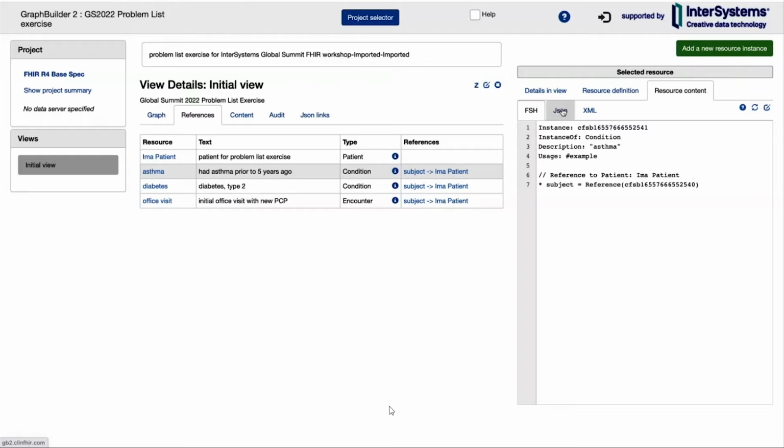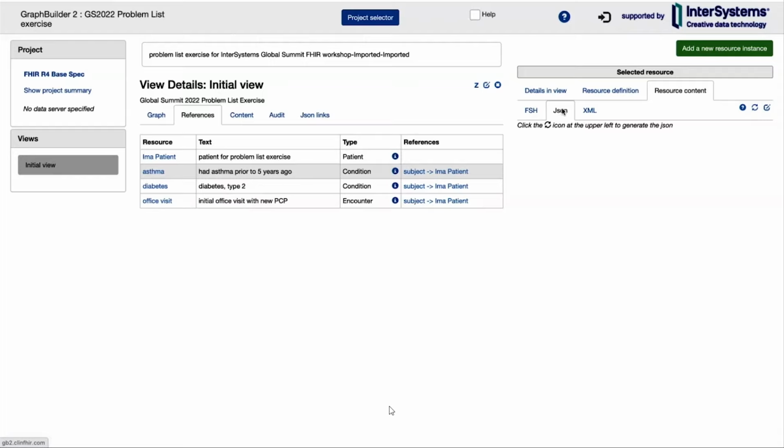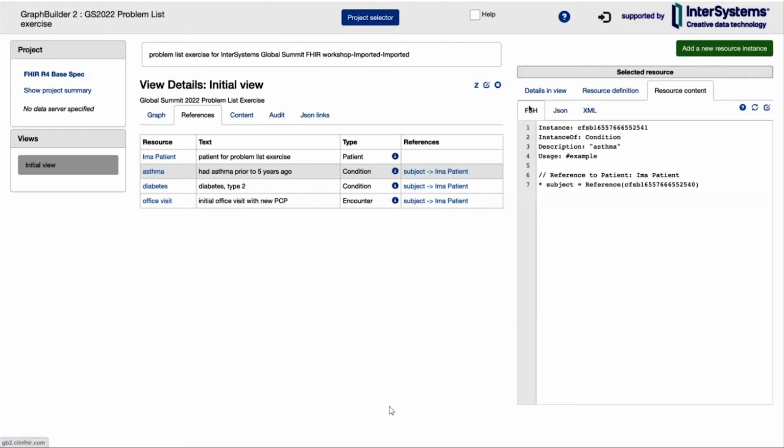And then JSON, the JavaScript Object Notation, and XML, the Extensible Markup Language, are just 2 of the machine-readable formats that are included in the FHIR spec. FSH, FHIR Shorthand, is a human-friendly editor for FHIR resource content. There's nothing under JSON or XML right now because we haven't filled anything in yet, but we'll be coming back to that. Now have the FSH one highlighted, and then go over to the little pencil in the